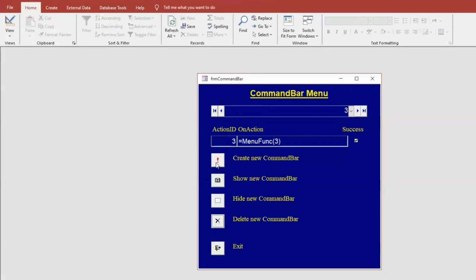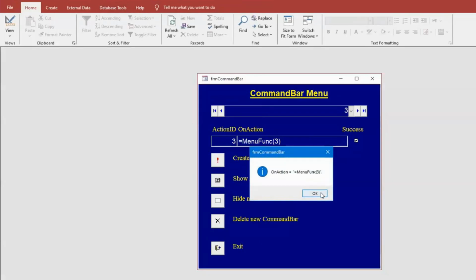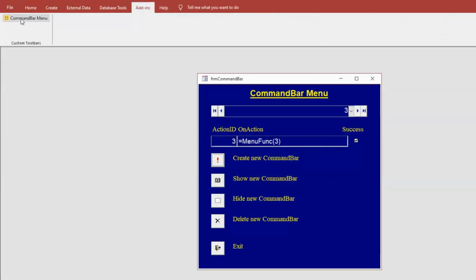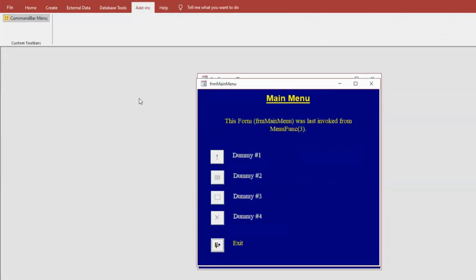Create new command bar equals menu func 3. And when I click on it, it looks the same, but when I click on it, I get this, but it tells me it was invoked from menu func with a parameter of 3 passed. By the way, all these command buttons are all dummies. They don't actually do anything. They're all disabled, just to show that the command bar button can call code and get it to do things